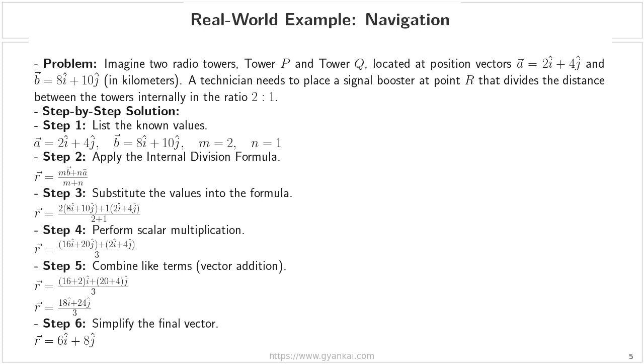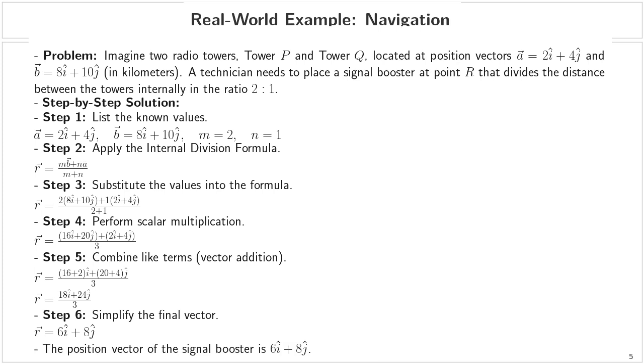Finally, in step 6, we simplify the final vector by dividing both terms by 3. This leaves us with vector r equals 6 i hat plus 8 j hat. To conclude, we have found that the position vector for the signal booster is exactly 6 i hat plus 8 j hat. As we will see in the next few slides, mastering this calculation is essential to avoid common errors